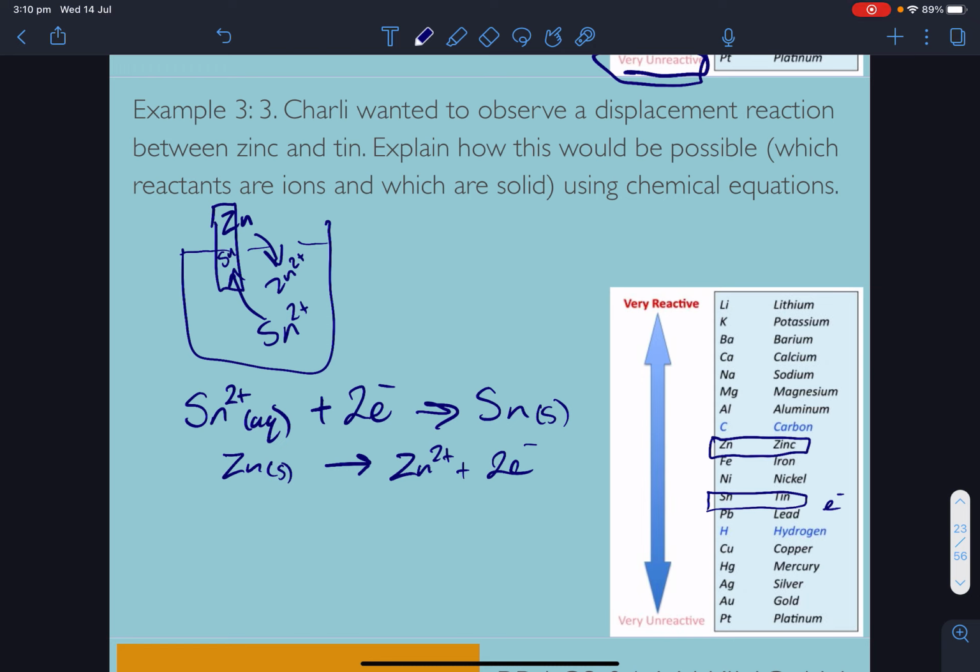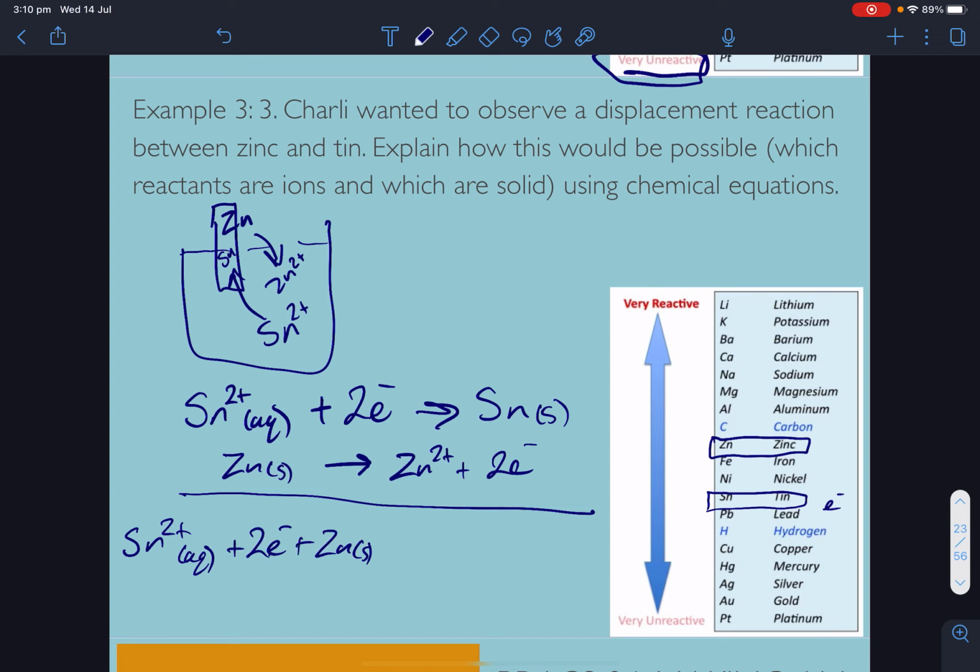So that's all good. We can just add them together. Plus your 2 electrons, plus the zinc solid, going to tin solid, plus zinc 2 plus aqueous, I did put the state there, terrible, plus 2 electrons. Cancel out 2 electrons, and we're left with